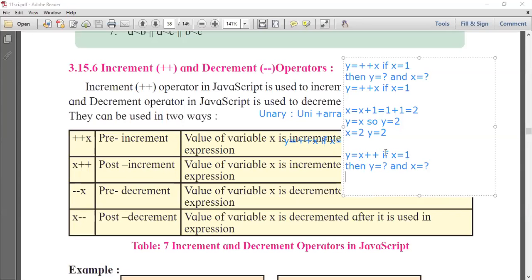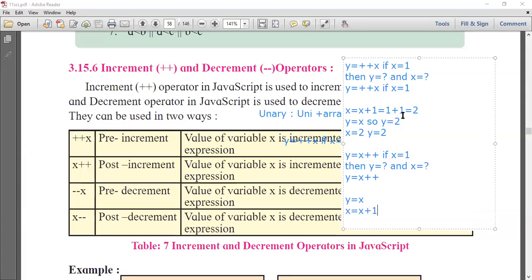Okay, now we will calculate here. y is equal to x++. So here I am writing y is equal to x++. What does it mean? It means first of all assign the value of x to y, then increment the value of x.